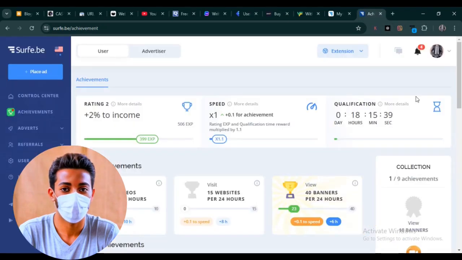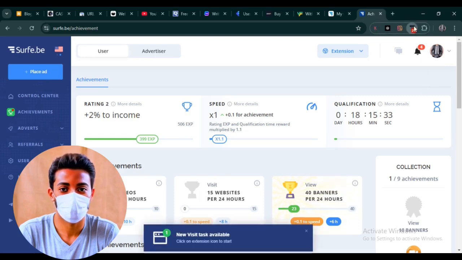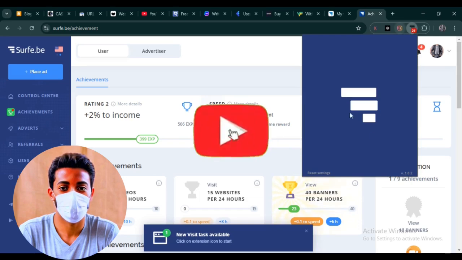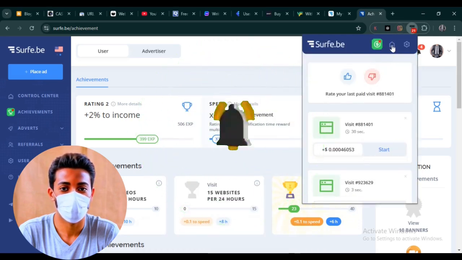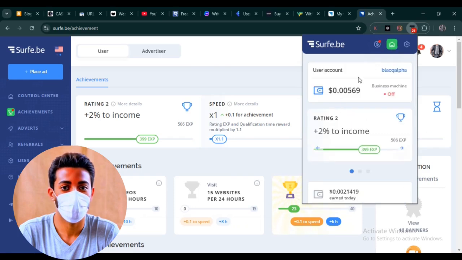So if I click on here, as you can see, I've made 0.00569 from the extension alone, and today only I've made 0.002 without performing any task. The only task I performed is the one I did to show you. The rest all came from the extension. Once the hours are complete, I'm just going to earn money. So that's what I do. I just don't do anything. I just install the extension and